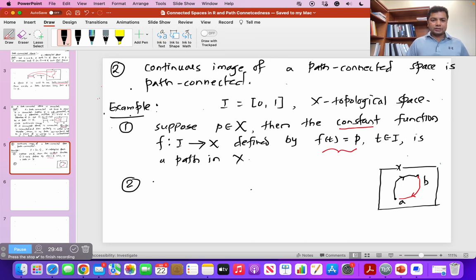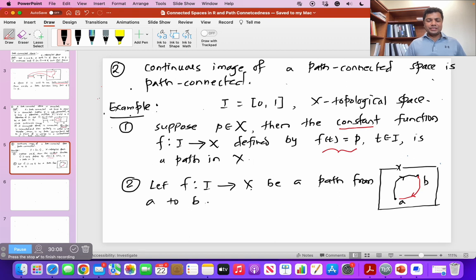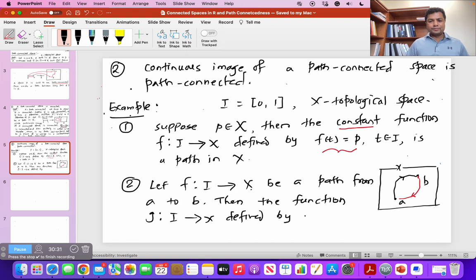Okay, let me just write down this thing here. Let f from I to X be a path from A to B. So if f is a path from A to B, then it is a continuous function such that f of 0 is A and f of 1 is B. Then the function g from I to X defined by g of t equals f of 1 minus t, for t in I,